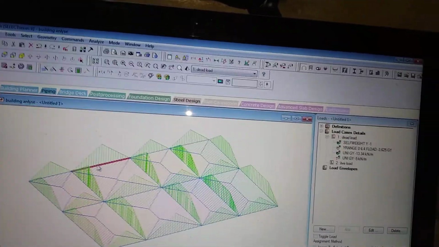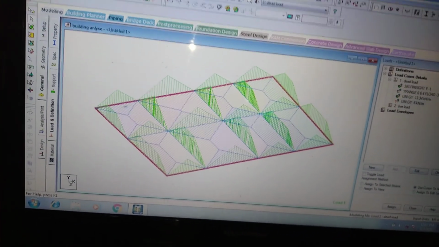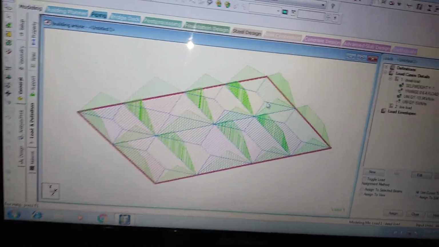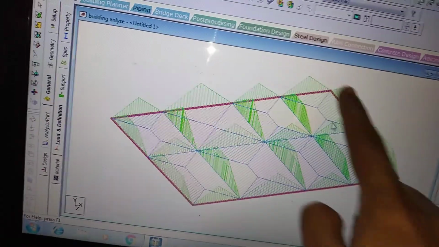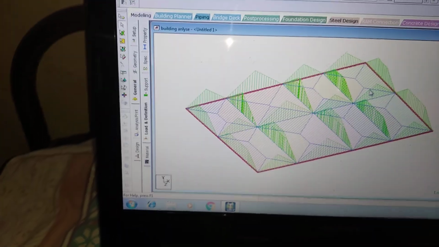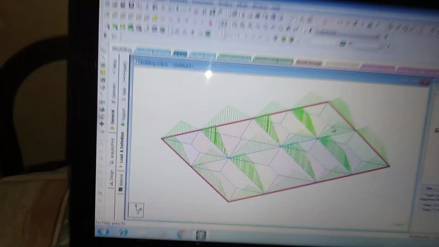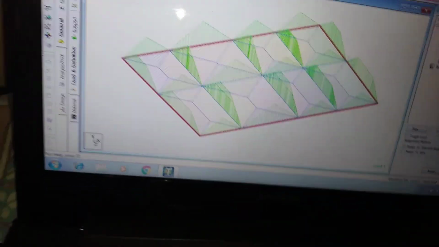Each by each I will select. I selected the beam only on the outer side, or else the edge side of the beam, because parapets are only on the edge sides.